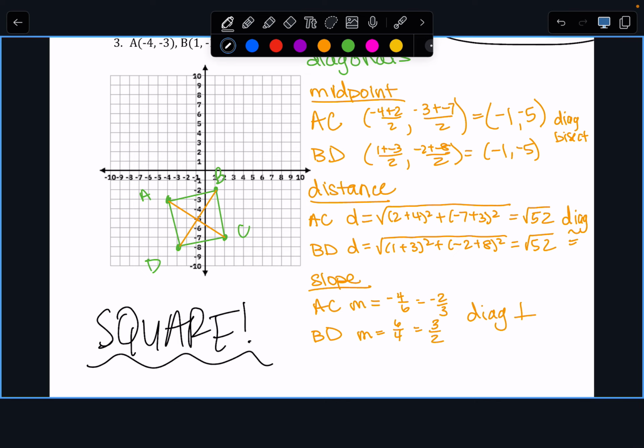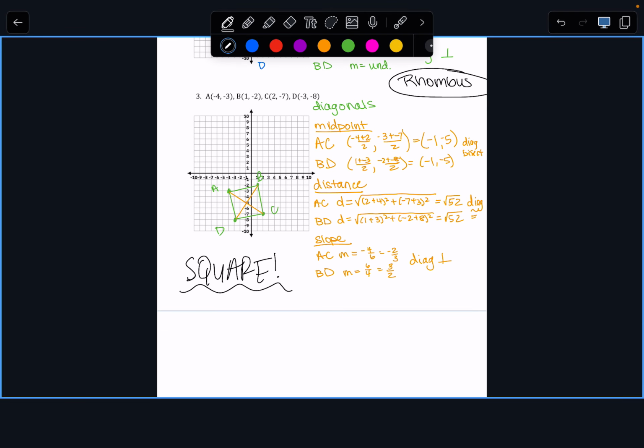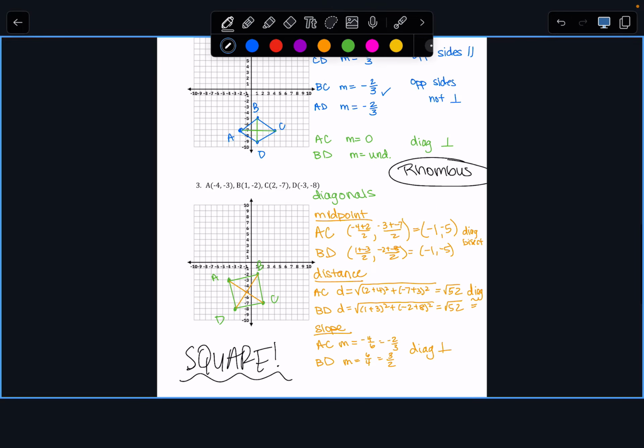Wait, on the test, is it going to show the diagram, or is it just going to give you the angles? On the test, I think you'll have one with a graph and one without. Can we use whatever theorem we want, or do we have to use a specific theorem? You will get to use